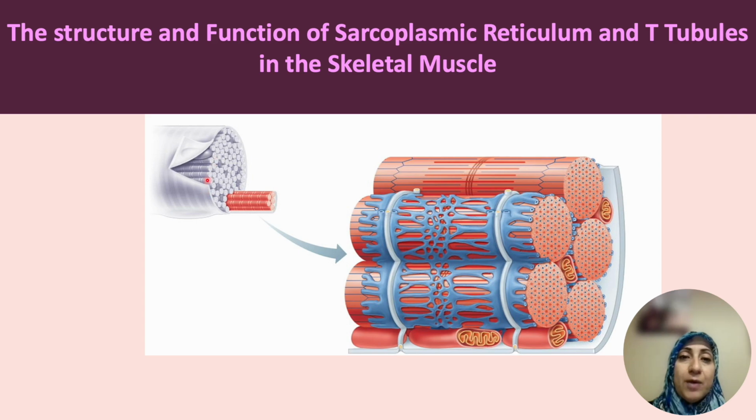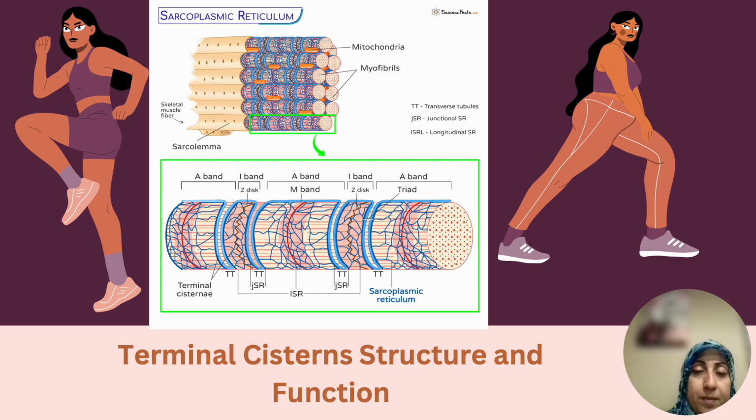Skeletal muscle cells are packed with myofibrils, which are surrounded by the sarcoplasmic reticulum. The SR, a specialized smooth endoplasmic reticulum, appears as a blue sleeve around the orange myofibrils in this image. Its primary function is to store calcium using active transport when the muscle cell is at rest. The SR stores calcium and releases it on demand. When the muscle fiber is stimulated to contract, calcium release from the SR provides the final go signal for muscle